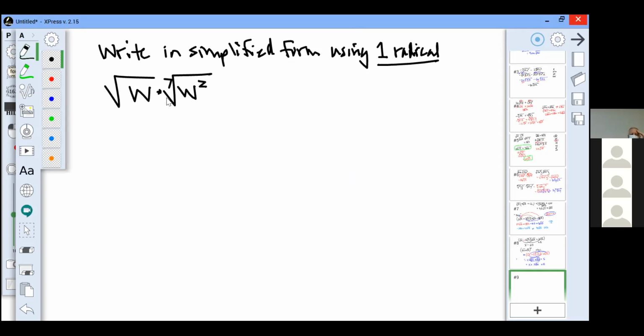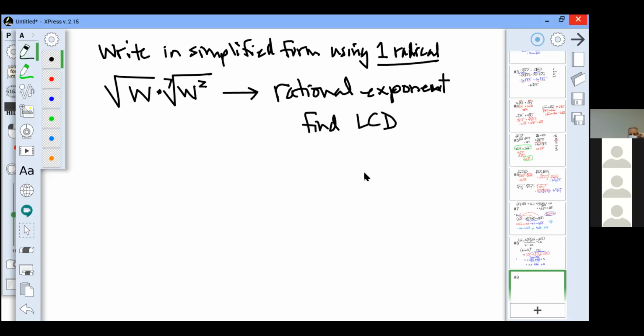So in order to do this, we have to go to rational exponents, which are going to be fractions without a common denominator. Add them together, find the least common denominator, add, then we're going to rewrite it. Okay? So what we need to do is remember that if you have